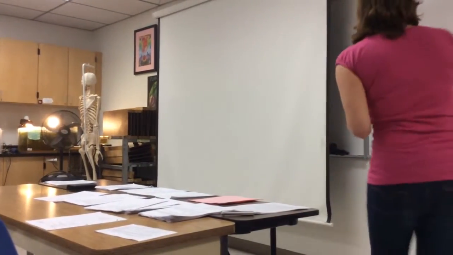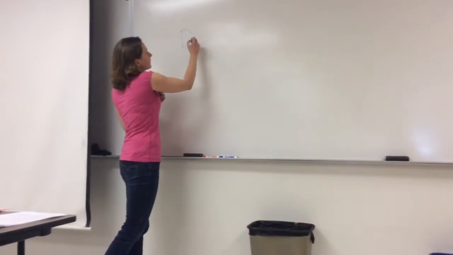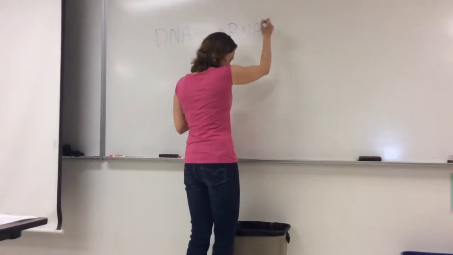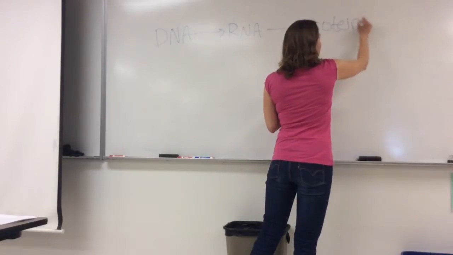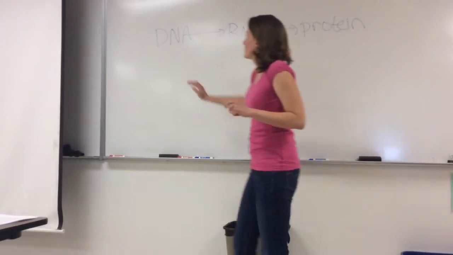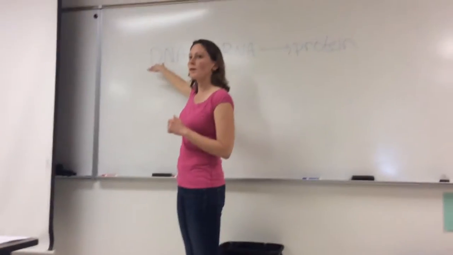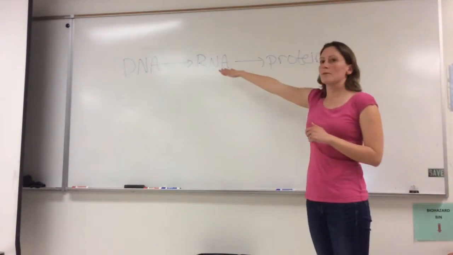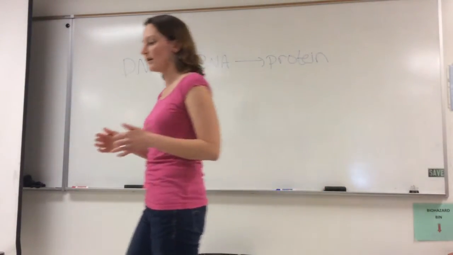So you've probably heard of the central dogma before. Which is DNA to RNA to protein. So Darwin was thinking about DNA, about genes, and about alleles. And then those genes get expressed through RNA, and then you get proteins, and proteins are what's actually doing whatever is going on in the cell.